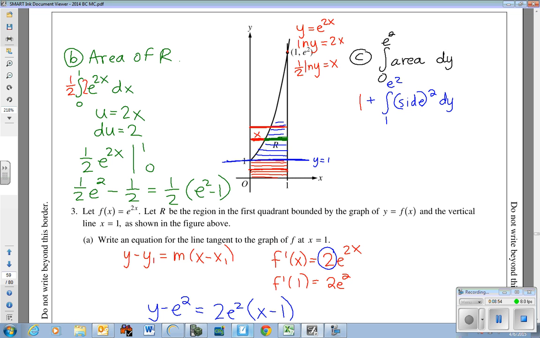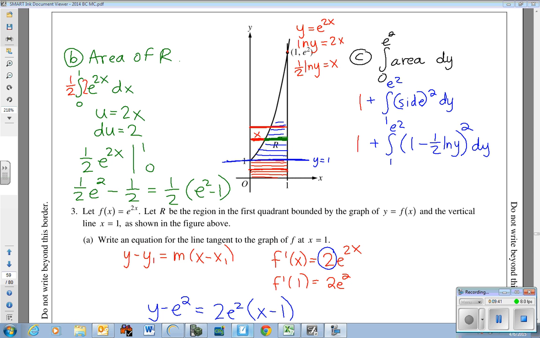So this green line would be the quantity 1 minus x, but instead of calling it x, I need to call it 1/2 natural log of y, squared, dy. So don't forget that 1 that you had from the cube at the bottom, and then that integral from 1 to e squared is going to give us the rest of it. And so like I said, this was written by the people that are going to write your tests. If you look through old years, you're going to see a lot of the same questions. The thing that wasn't on this question that is on a lot of them is the